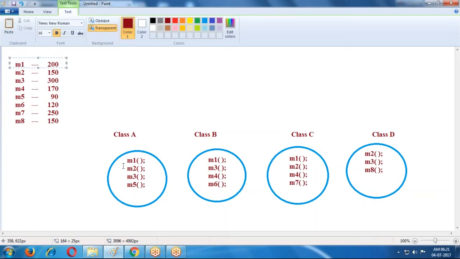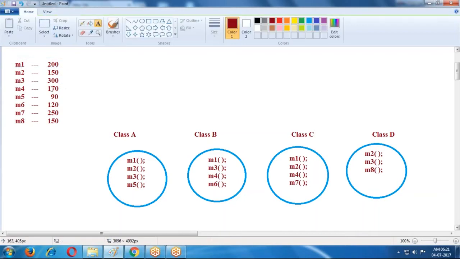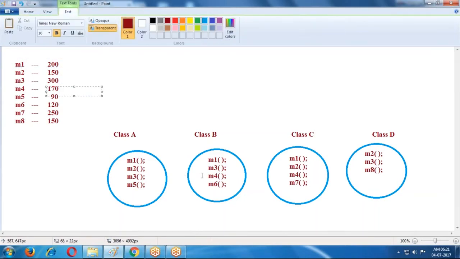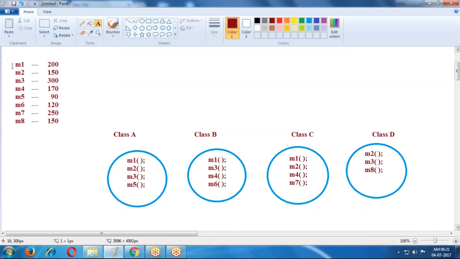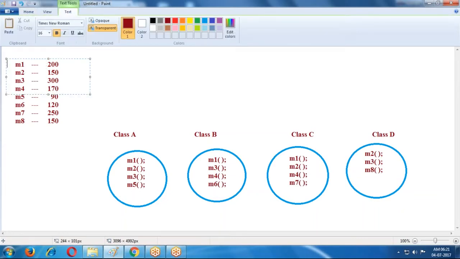M2 method, 3 places, so instead of 150, 450 lines of code. M3 method, 3 places, so instead of 300, 900 lines. M4 method, instead of 170, 340 lines of code, written 2 times. That means the same code is written multiple times. There is no reusability of existing code.